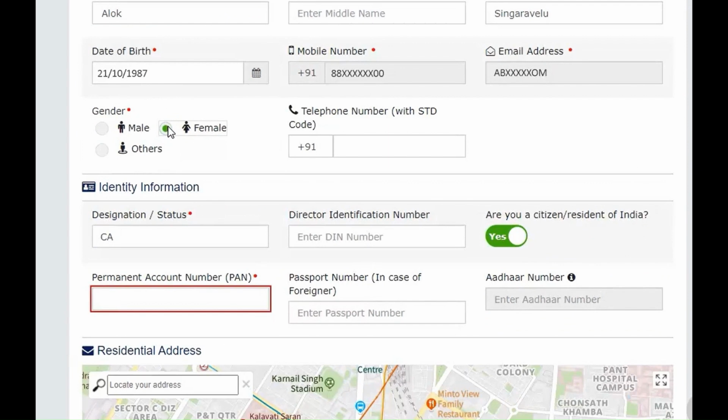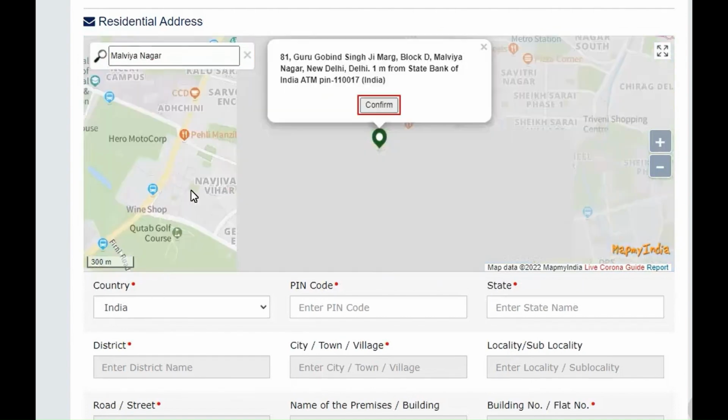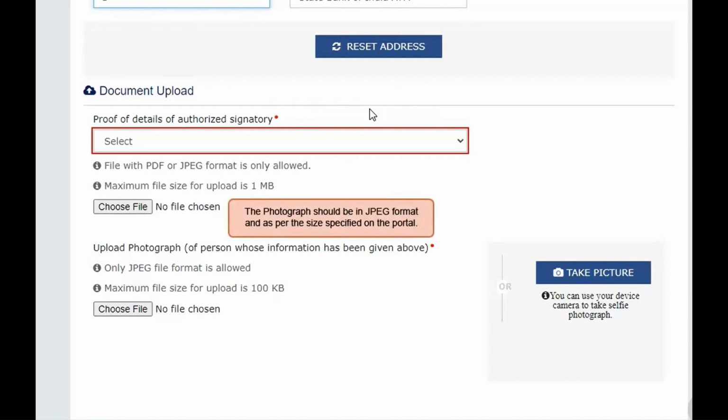Provide identity information, residential address with PIN code. Upload the required proof of details of authorized signatory along with photograph. Make sure the photograph and proof of details of authorized signatory are in JPEG format and as per the size as specified on the portal.